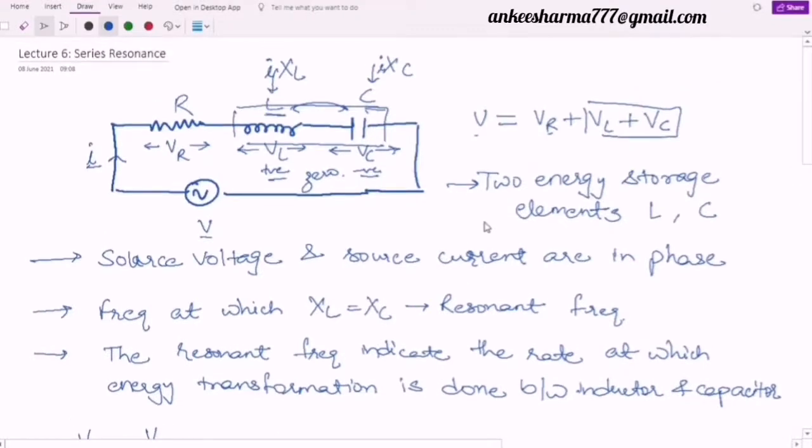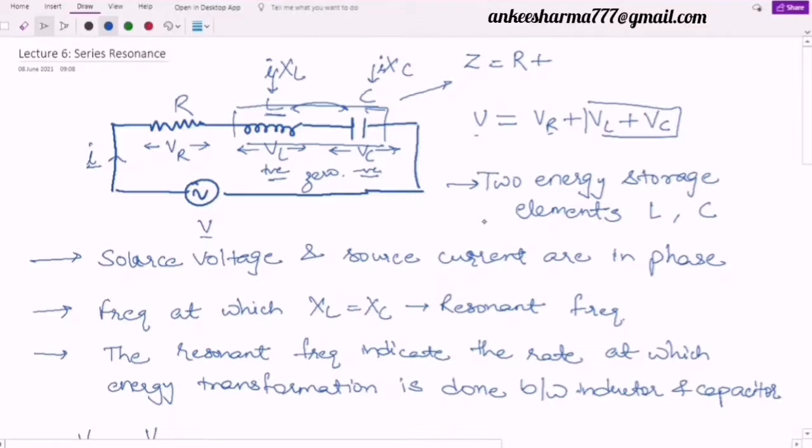We have earlier obtained this expression where I said that Z is equal to, in series the three impedances add, that is R plus, what is the impedance of this? It is XL, and because it has a phase shift in which, if I talk about the voltage, the voltage leads the current, because I am talking here about this voltage V is equal to VR plus VL plus VC.